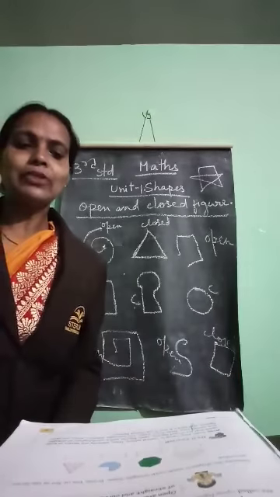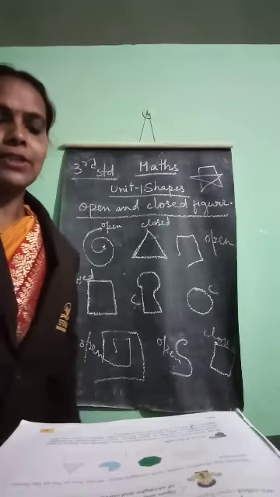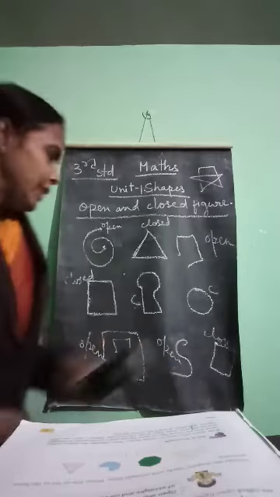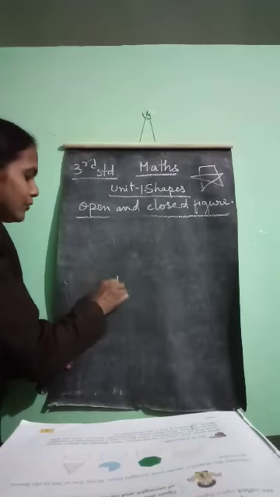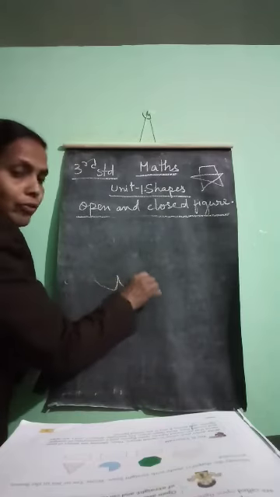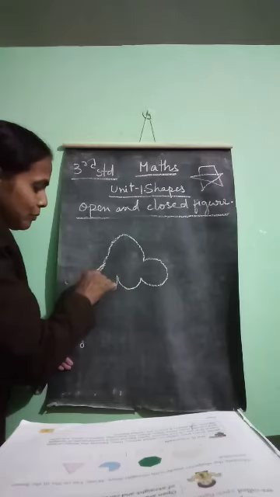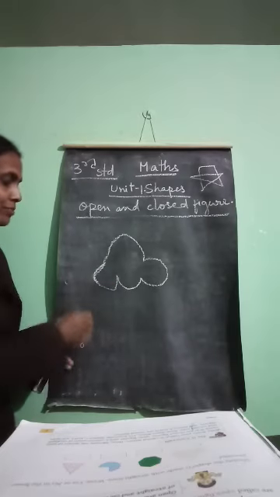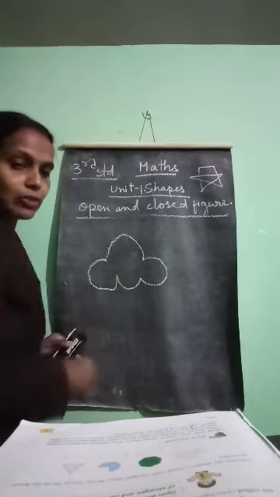identify the shapes made with straight lines. Write yes or no in the boxes. Now here some figures are there. See, in your book some figures are there, and you have to identify whether each is made up of straight line or curved line. You have to identify that one.